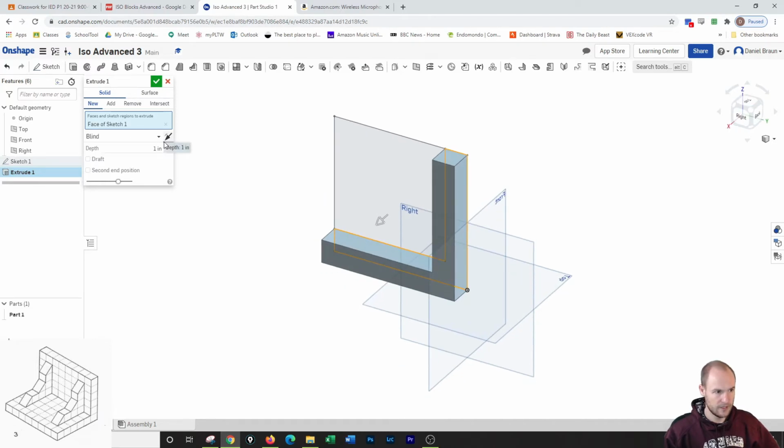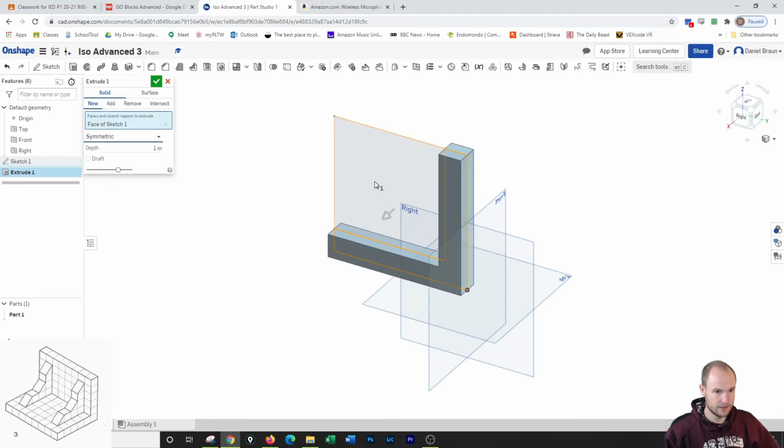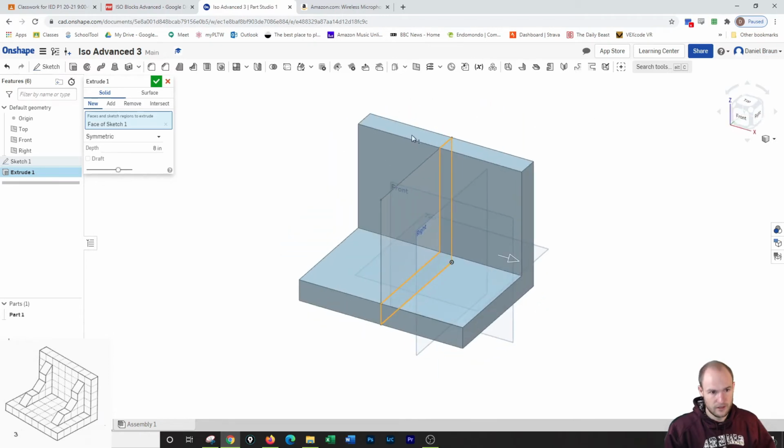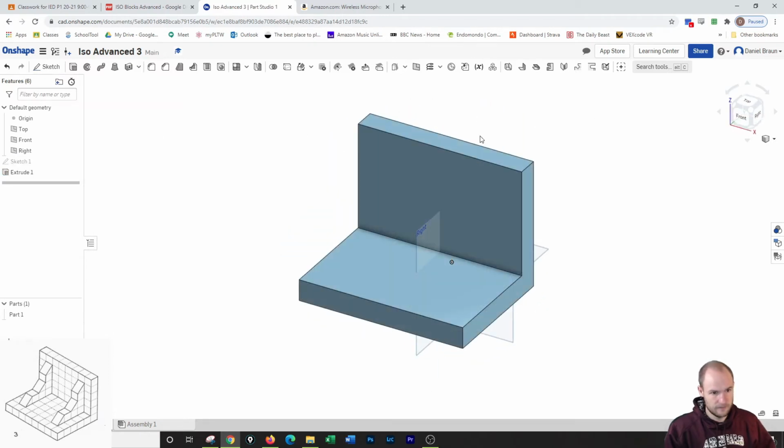And I'm gonna extrude that symmetrically, I guess, to keep it even, just to do something different. I'm gonna extrude that to be 8 inches. All right. So this looks good. I'm gonna click OK. And my next drawing,